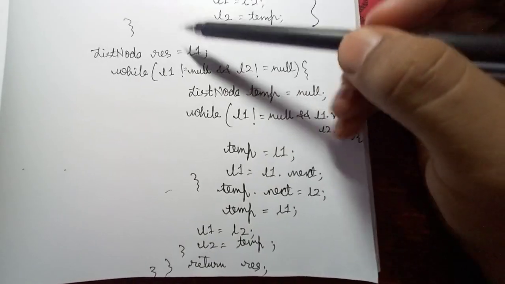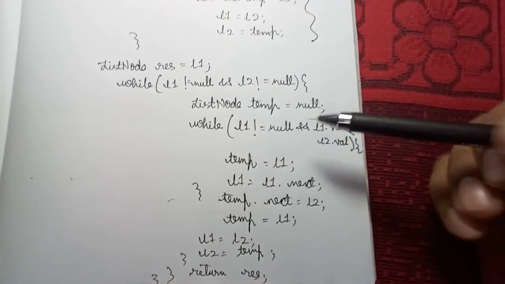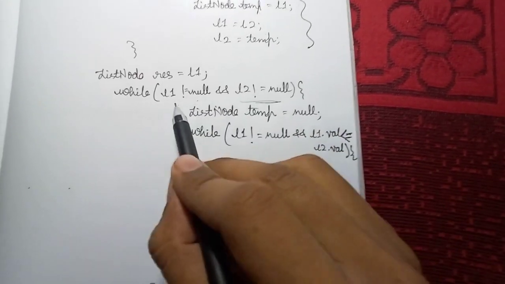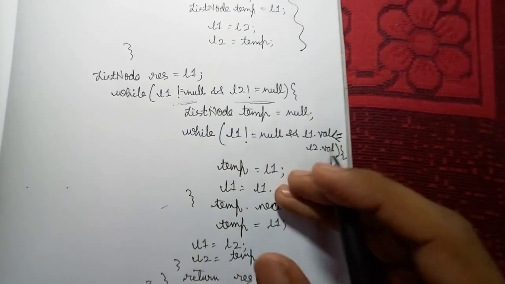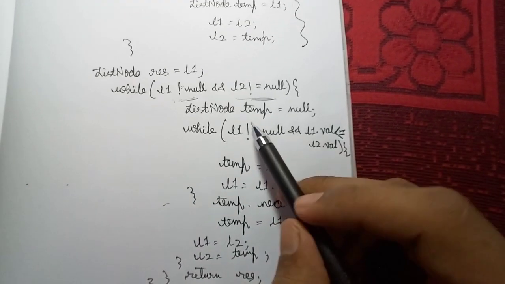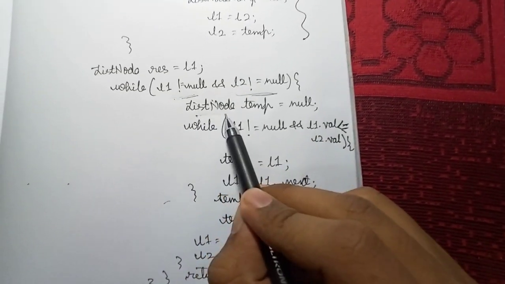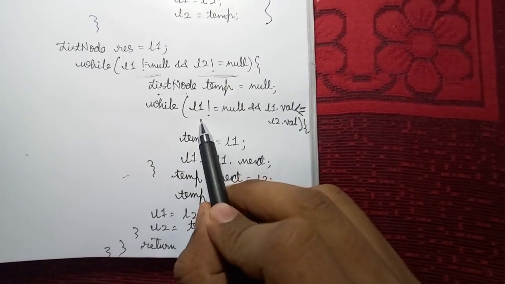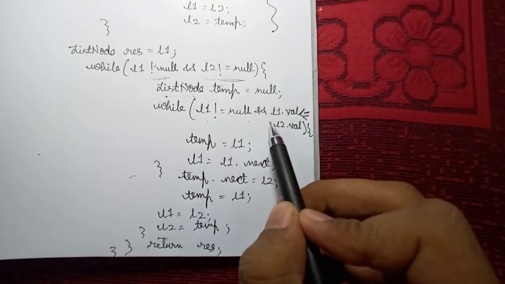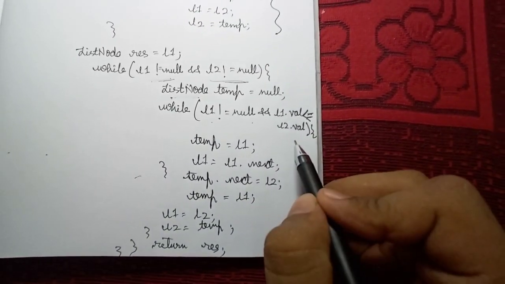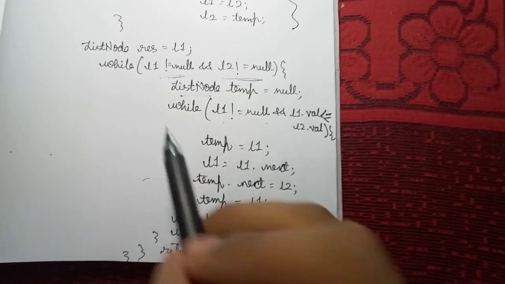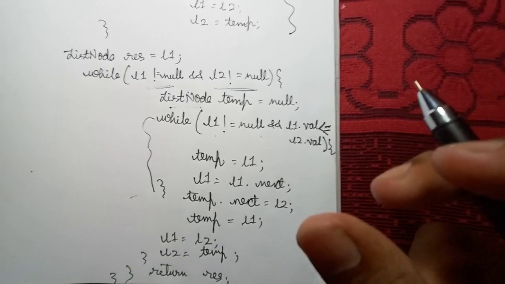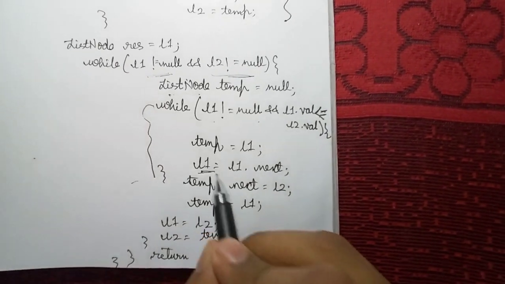Now we point a pointer towards L1 and we run a loop while L1 is not equal to null and L2 is not equal to null. So basically it will run till either of them ends. So we make a node temp and assign null value to it and run a loop: L1 not equal to null and L1.val less than or equal to L2.val. So basically what this while loop does is it keeps track of the last node that is there and keeps on moving the L1